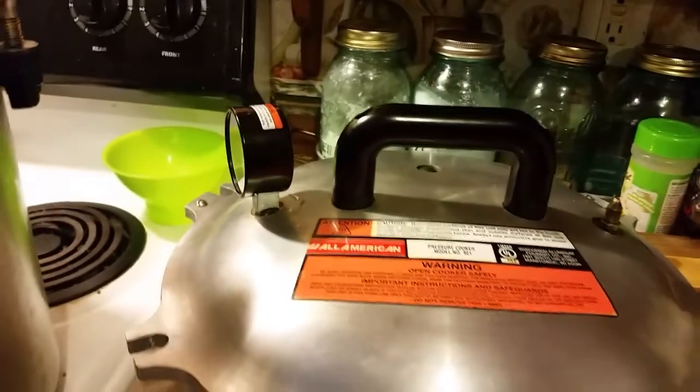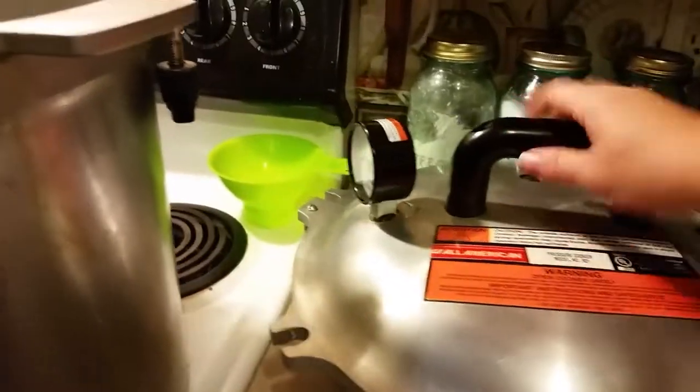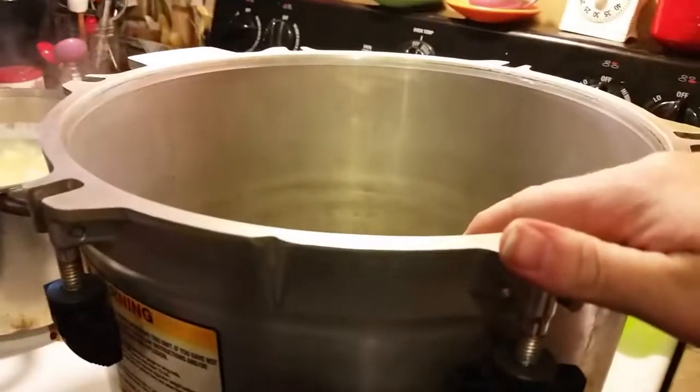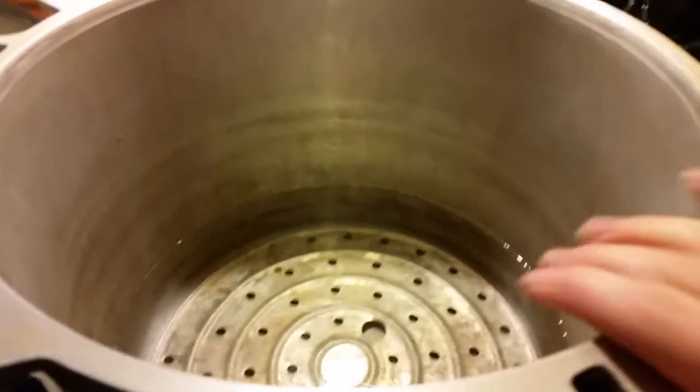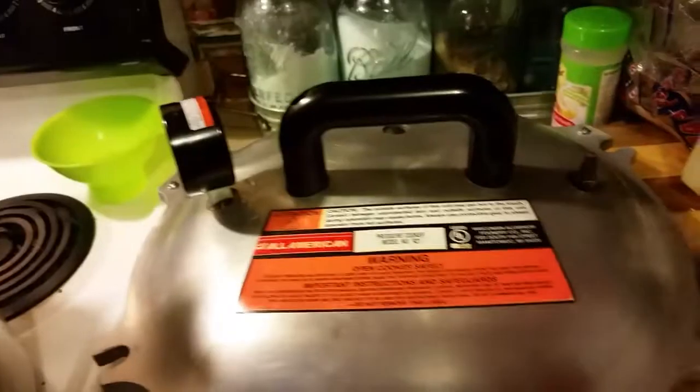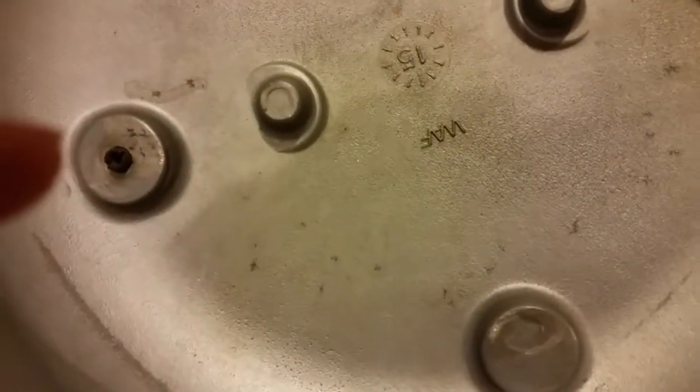So, next thing on the list. You want to make sure that all your stuff's working right. You have the right amount of liquid in your canner. Then the next thing you want to look at is your vent. So that would be that hole right there. You want to be able to see sunlight